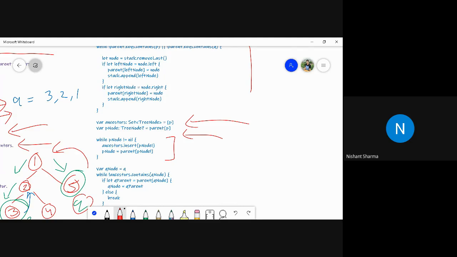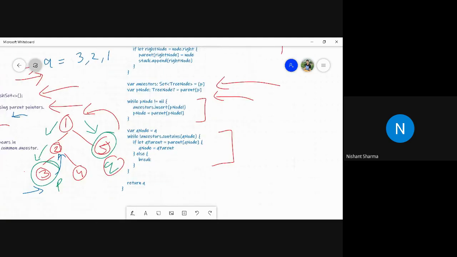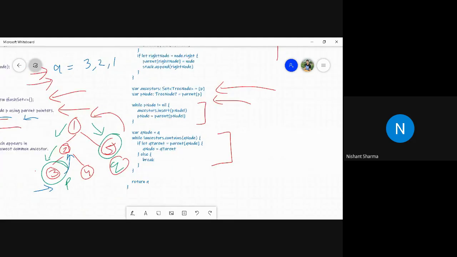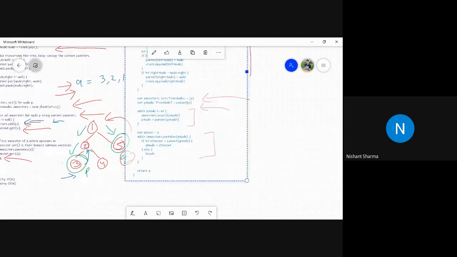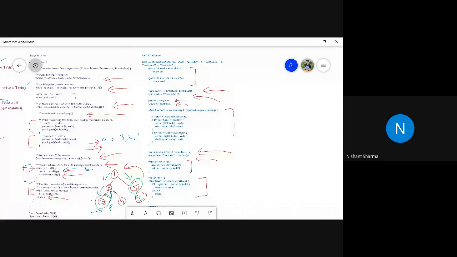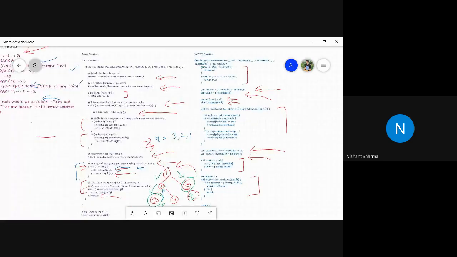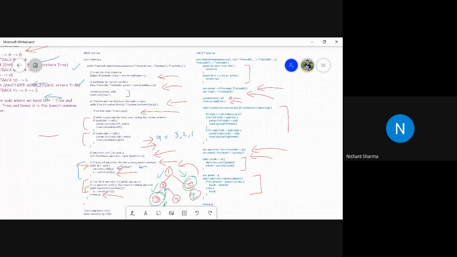Once we are done with storing all the ancestors for P, including P itself, then with another while loop, we try to find whether Q or Q's parents are already there in the ancestor set or not. If yes, then we will be able to find the LCA node. That's the logic. Overall time complexity is order of n, and space complexity is order of n only. Any doubt in this solution?